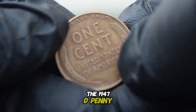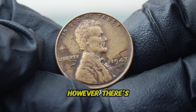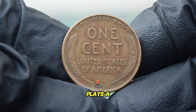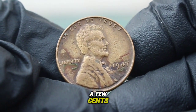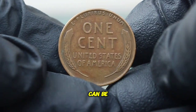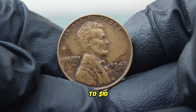The 1947 D penny, minted in Denver, features the D mint mark just below the date on the obverse. Denver struck over 194 million of these coins that year, making them relatively common today. However, there's more to this coin's value than just its mintage number. The condition of a coin plays a huge role in determining its value. Heavily circulated 1947 D pennies with significant wear are typically worth only a few cents. Coins in fine to extremely fine condition with minimal wear and clear details can be valued at around 25 cents to $1. Uncirculated coins with no wear, often called mint state coins, can range from $3 to $10 or more,